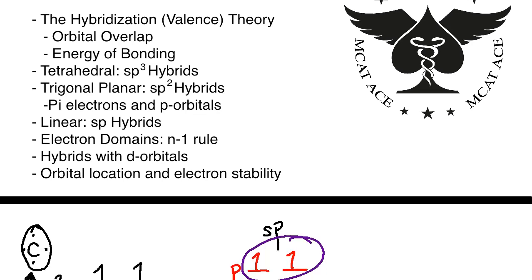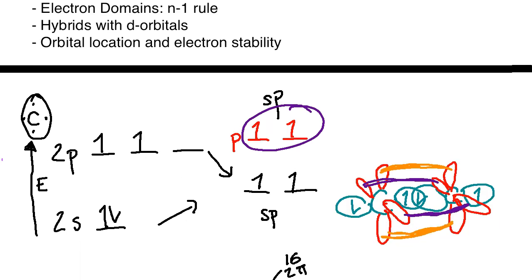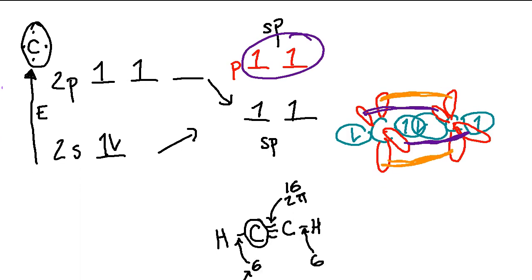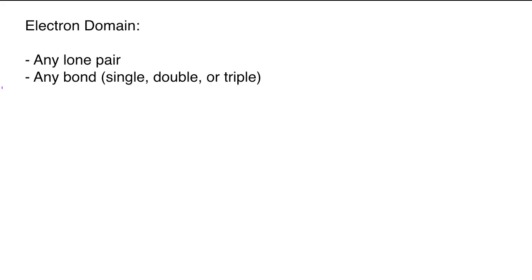All right, so let me clear the board, and I'm going to talk about the electron domain rule really quick. So give me a second to clear that, and then we'll get started. All right, so now I have this up here. This is the brief cheat rule, okay, that's going to help you if you get stuck in a situation. So what you need to do is count the electron domains that are found around the center